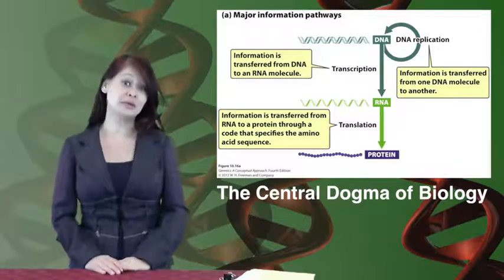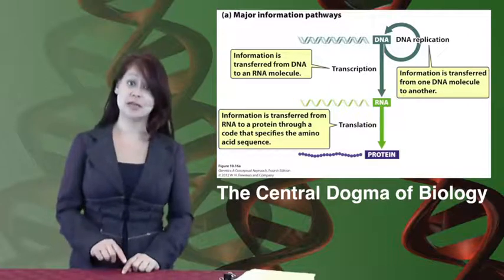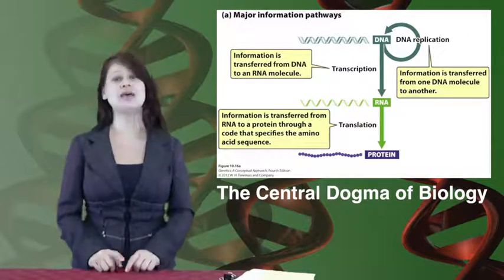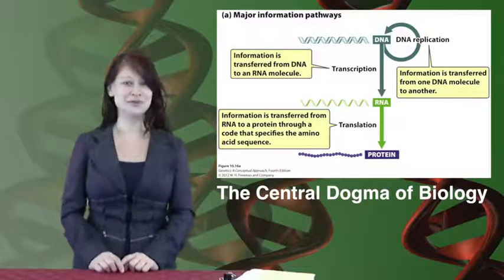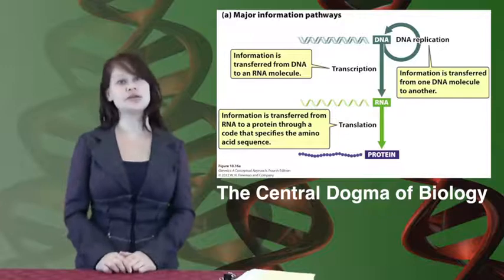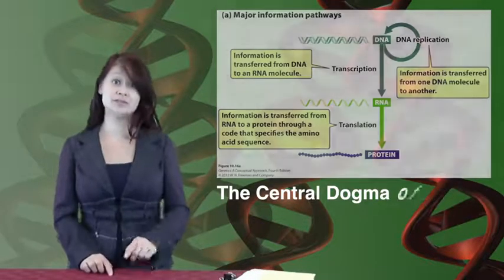To recap from our last discussion, the central dogma of biology is that DNA is used as a template to transcribe RNA, and that RNA is used to synthesize proteins, and those proteins give you your unique phenotype or physical characteristics. And different cells turn on and turn off different DNA sequences by a process called differentiation. What we're going to talk about today is how gene expression is controlled.